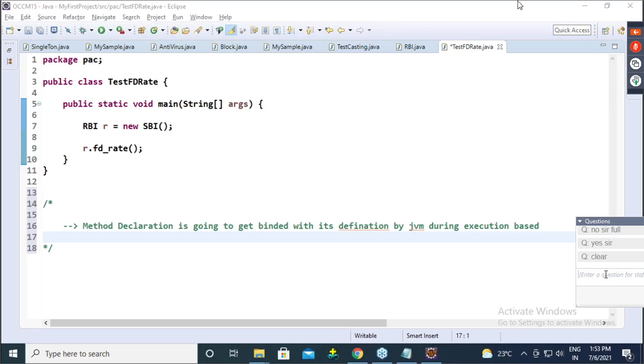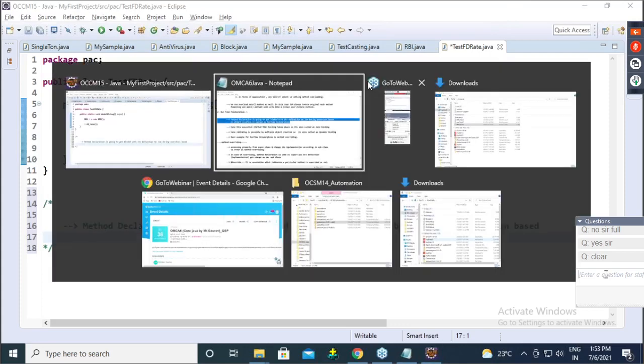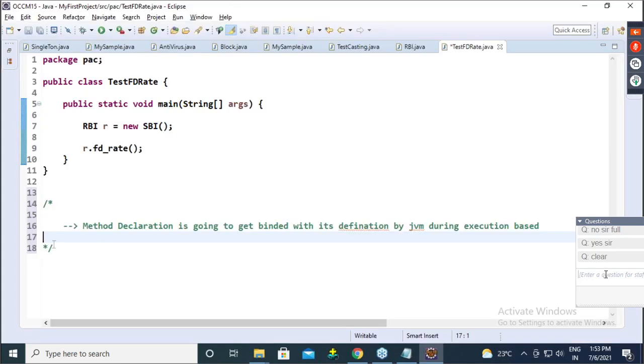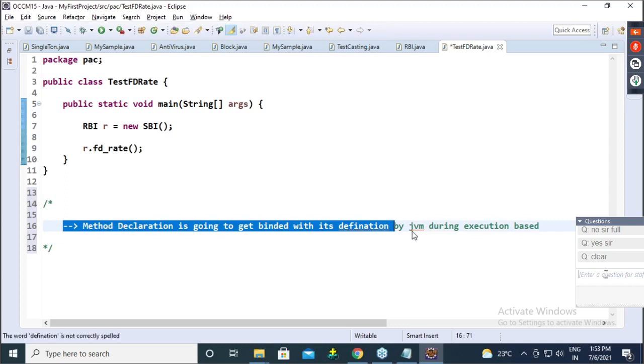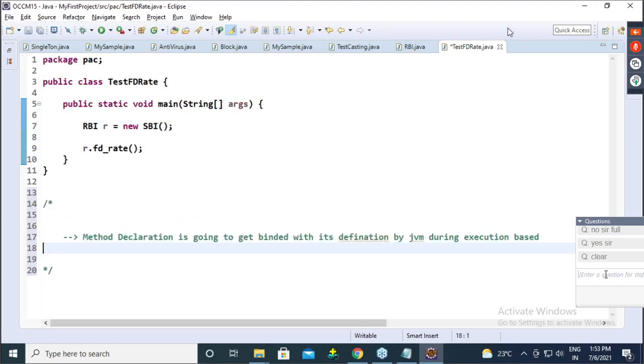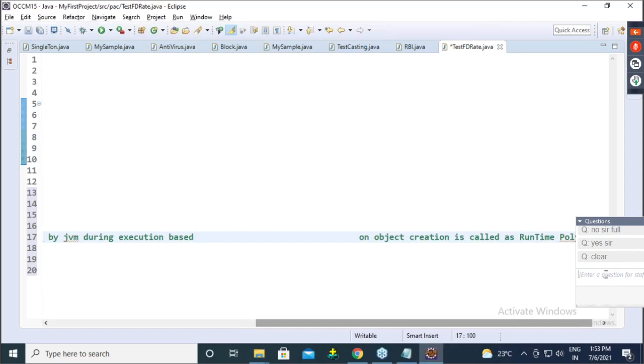I copied the whole thing, why is it coming only this? Okay, something like this. Word wrapping is not here.